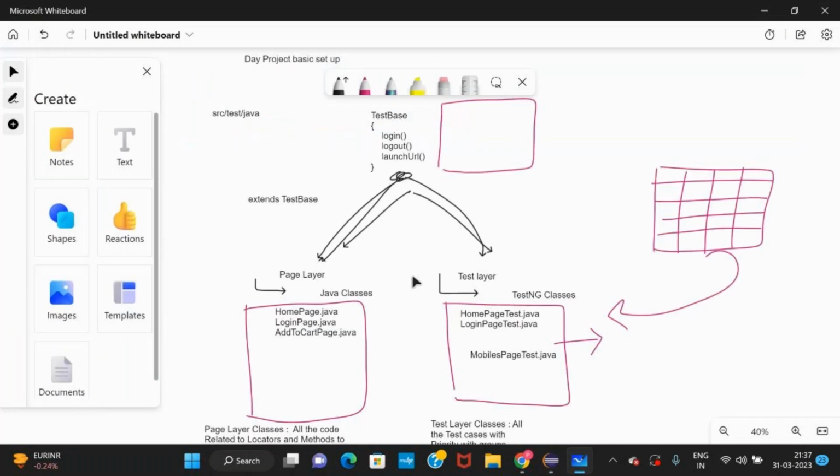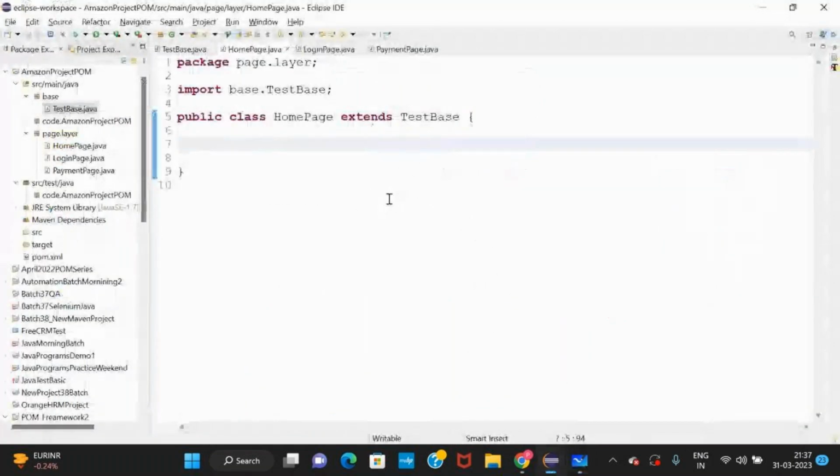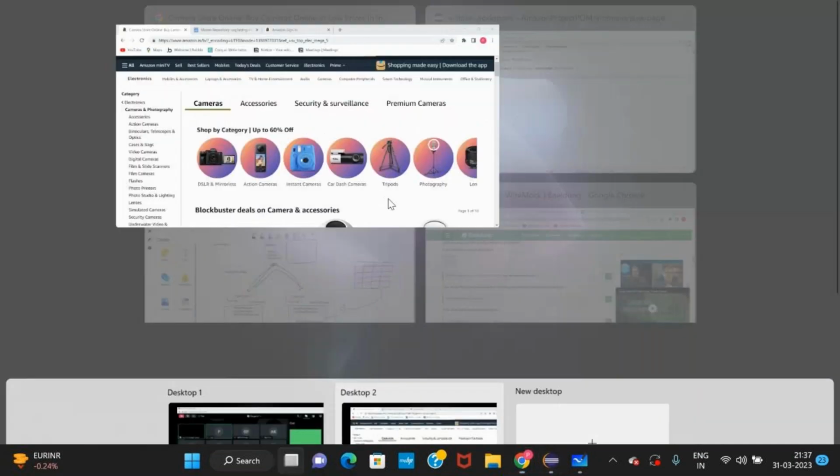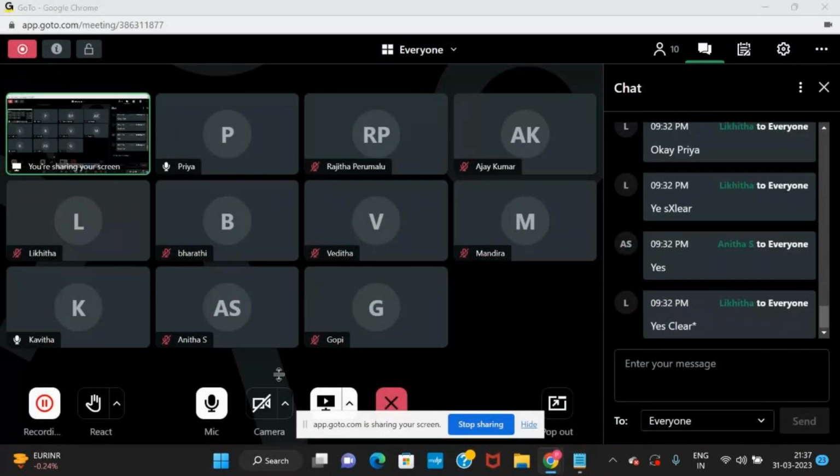Inheritance, why are we inheriting the test base? Tell me. We'll get those methods from that package, and we no need to rewrite those methods in these classes. Yes, Kavita, correct. Others? Why are we inheriting? Gopi, why are we inheriting?